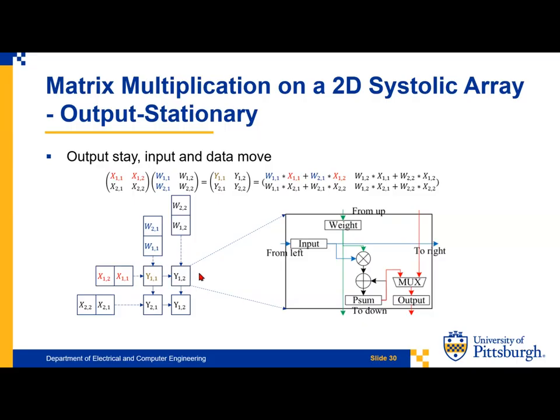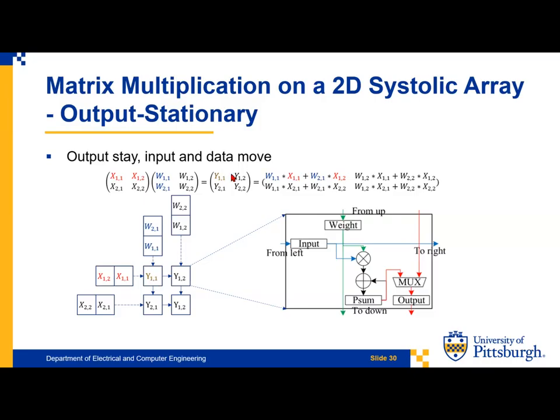And the figure here shows the definition of each processing element. The key component inside the processing element does the multiplication and accumulates the result inside its processing element. So, for example, for the